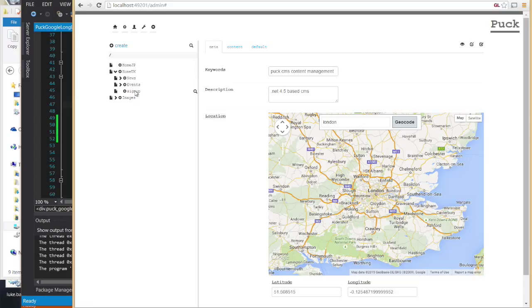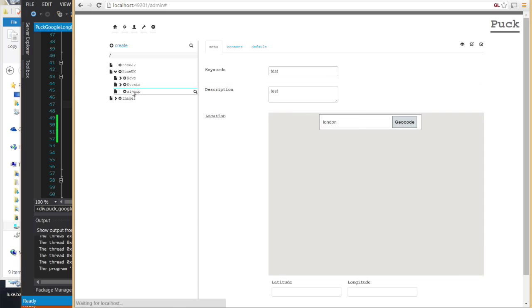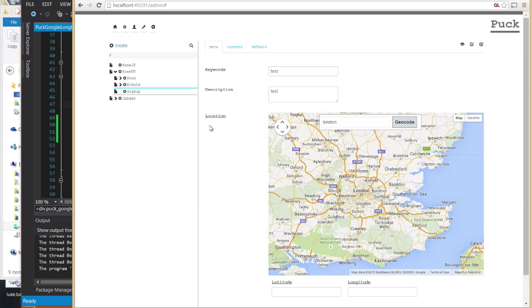Now sign up is the example I gave before. The sign up is a page in the CMS, but it's actually also